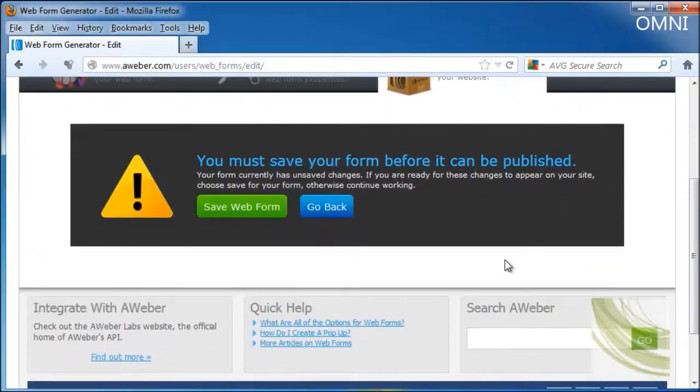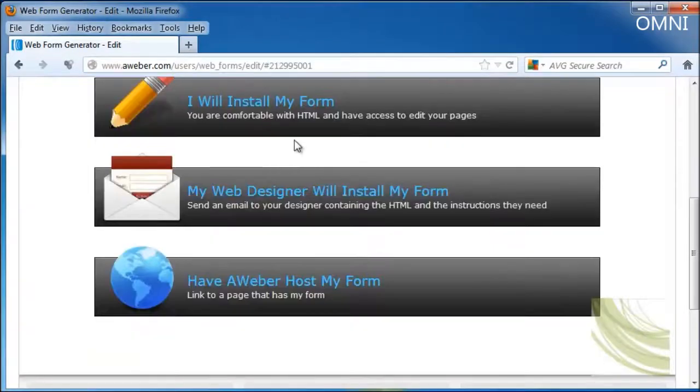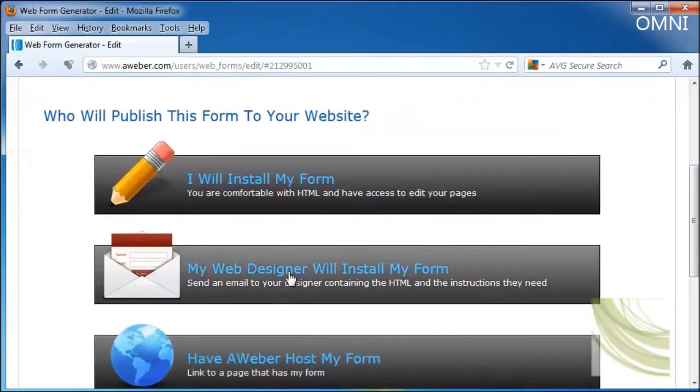So now it says we have to save it before we can publish. So let's go ahead and click on Save Web Form. And you can choose whether you want to install it yourself if you're comfortable with your HTML and have access to get in and edit your pages, whether you want to send an email to your designer that contains the HTML, or if you want to have Aweber host your form. And if that's the case, then they will provide you with a link that will host your form